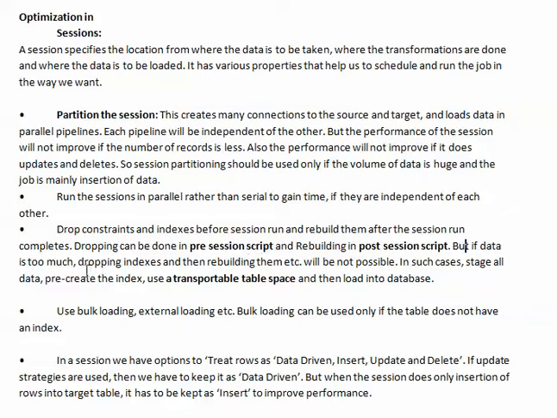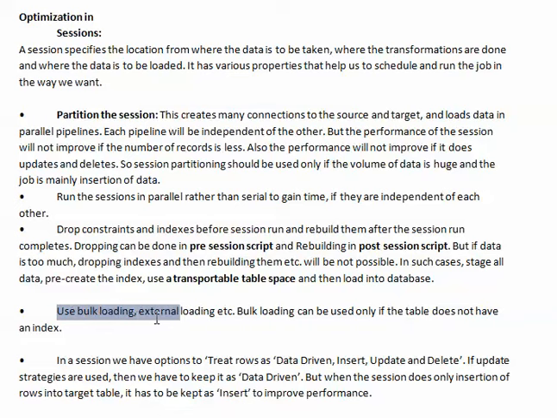But if the data is too much, dropping indexes and then rebuilding them will not be possible. In that case, stage all data, pre-create the index, and use transportable tablespace and then load into the database. So in that case, use a transportable tablespace where the data file actually moves to the database after the data is loaded.